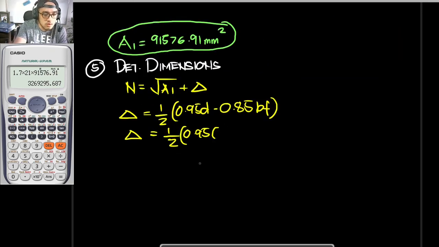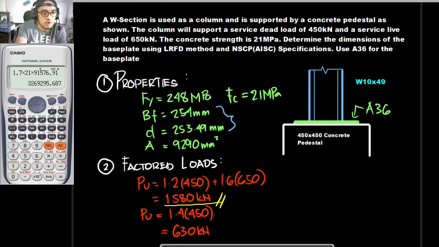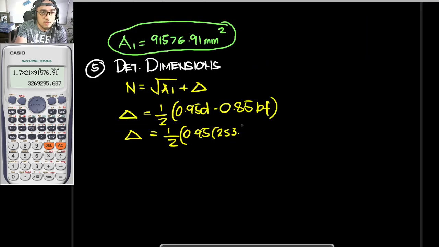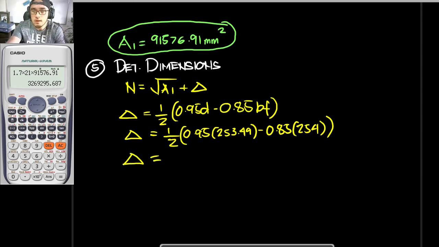So 253.49 minus 0.85 times 254. Okay, so for that, our value for delta would be